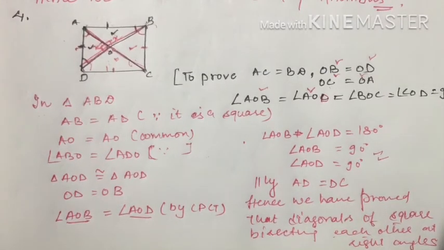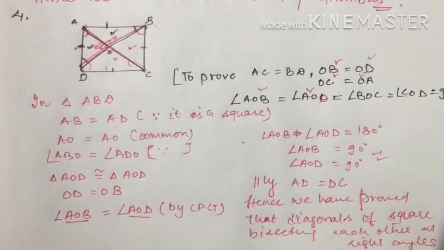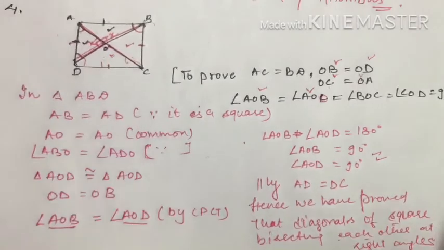Okay, this is what we had to prove in this question. Half of the part you can show and half of the part you can write. Similarly, we can prove this part, that is, this is equal to the remaining one. Okay, you have to see the question. Now the fifth question of this exercise. The fifth question is again the same type.